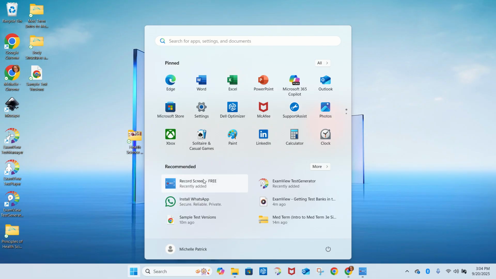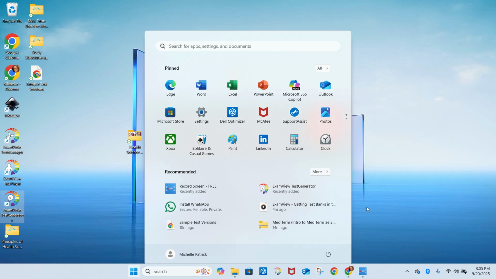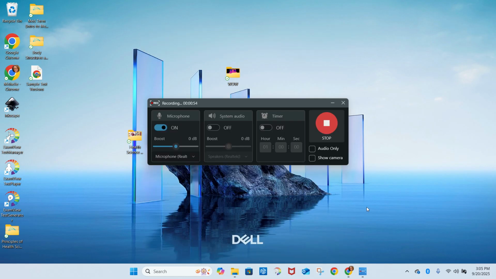This is a new laptop, so I'm not really sure, but you may be able to pin to start, unpin from taskbar because I've already pinned it, pin from taskbar. Okay, next, what are you going to do to get your